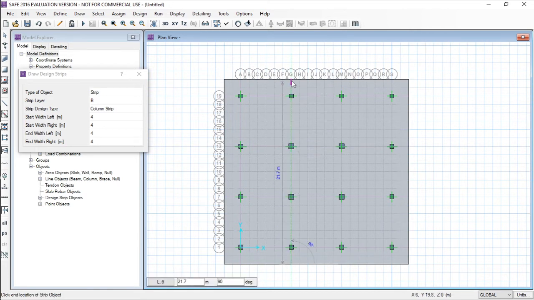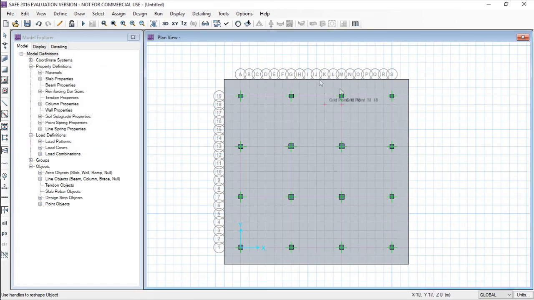For another column, right click outside. Right click outside, and for the last one, yes, we have successfully drawn this column strip.